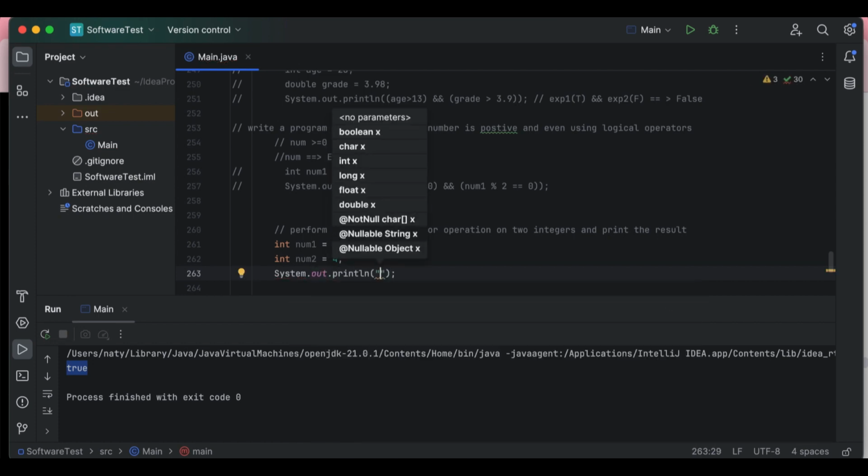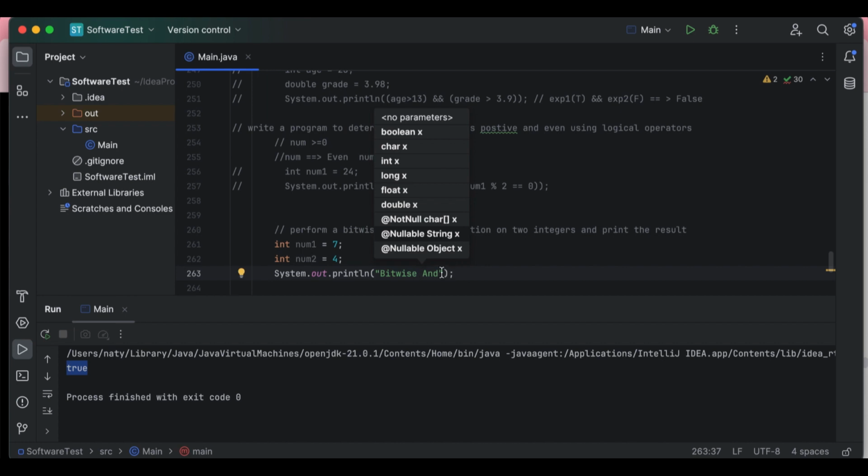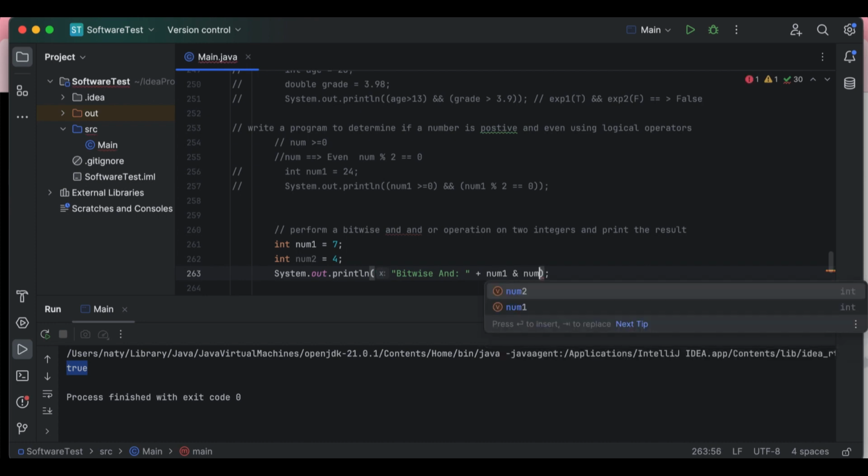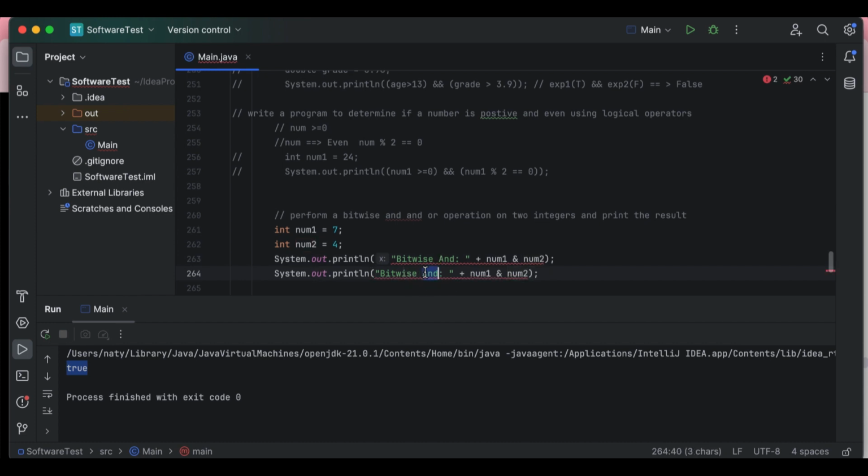First, let me display for AND operation. Okay, for bitwise AND operation. So I will use concatenation operator here, and the bitwise AND between number 1 and number 2 is displayed here, and bitwise OR is here. So bitwise OR between number 1 and number 2 is displayed here. So here I have to cast it to string. In order to cast bitwise operators result to string, we need to use